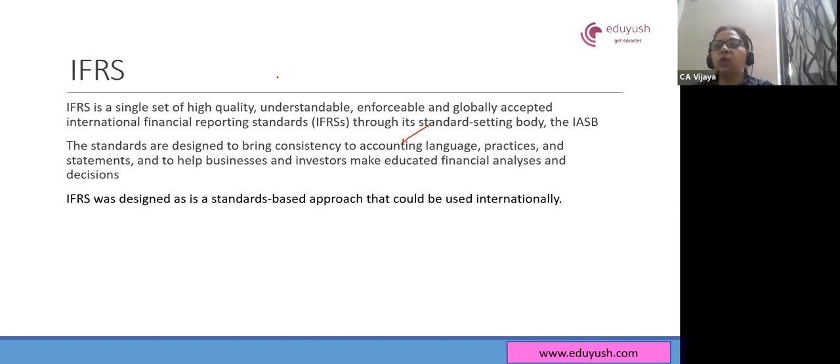Yeah, otherwise he would have to employ someone who knows Indian accounting standards and then do a comparison of our accounting records with maybe a competitor who's located in some other country who is following that country's GAAP. So then you need two accountants who understand those two financial statements and then you do a comparison. But it would be far easier if both of them followed the same accounting principles. So one accountant will be able to make out the comparison of financial statements quite easily. So that's a fair point, and that was one of the reasons why IFRS was found to be a good alternative rather than going about with the local standards.